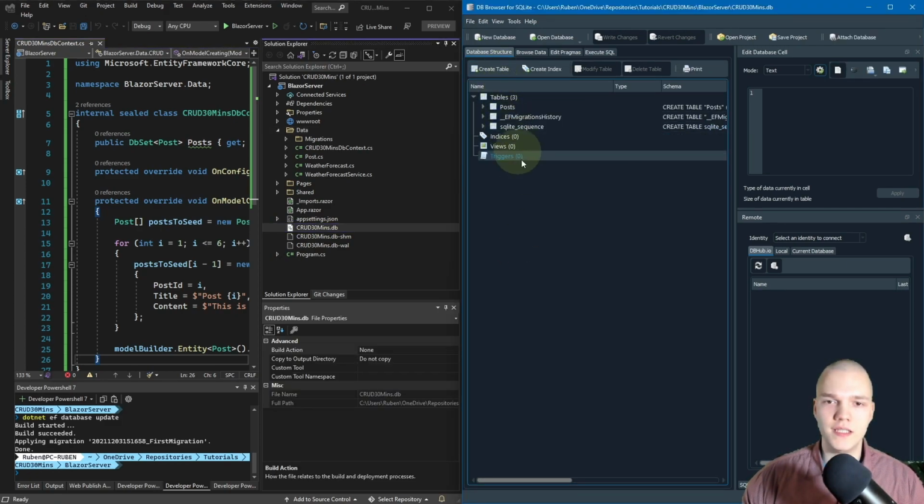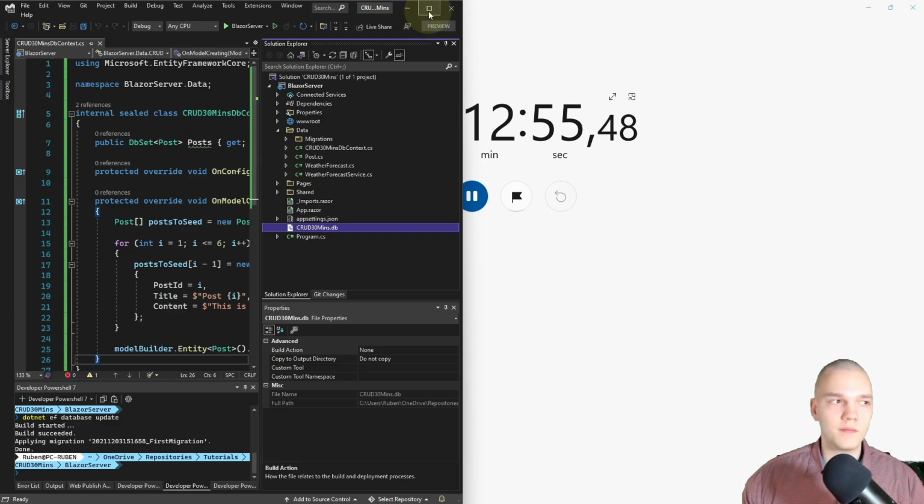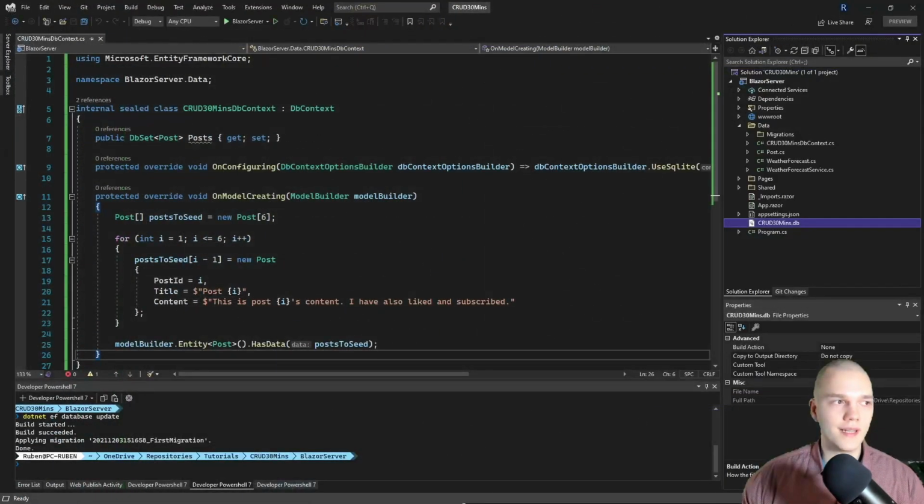Awesome, so we see it has 3 tables. So I'm just gonna left click Browse Data, and in the Posts table we see that our seed data is in there, so we're ready to proceed. So I'll close this Database Explorer, maximize Visual Studio again.